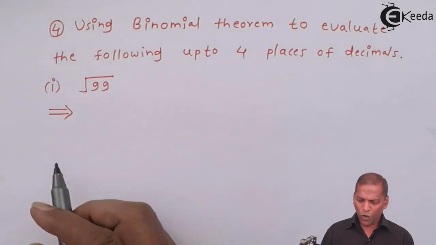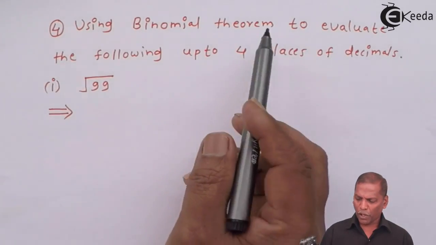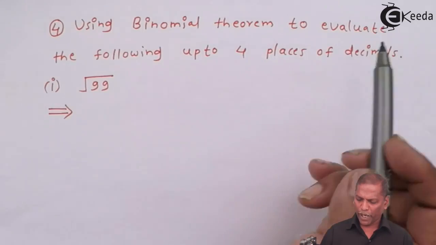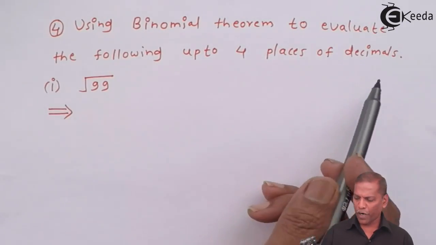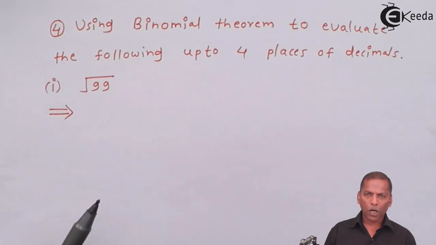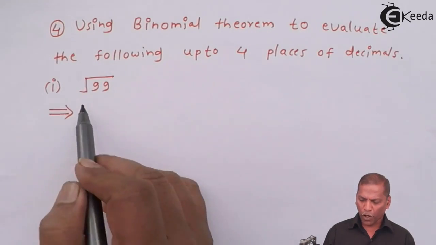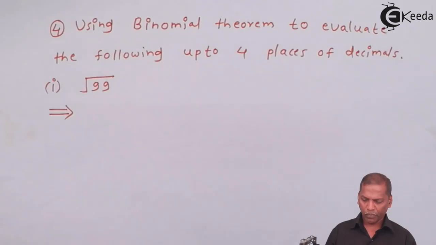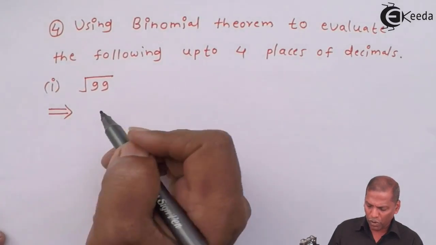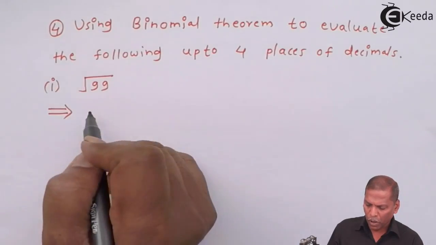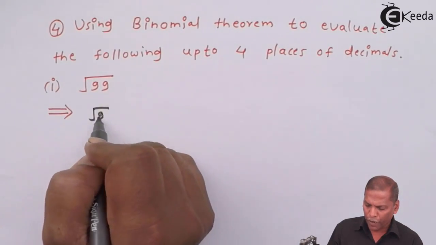The problem number 4 is using binomial theorem to evaluate the following up to 4 places of decimals. The sub-question 1 is square root of 99. Now let's see the solution. First of all, we start from the problem, square root of 99,